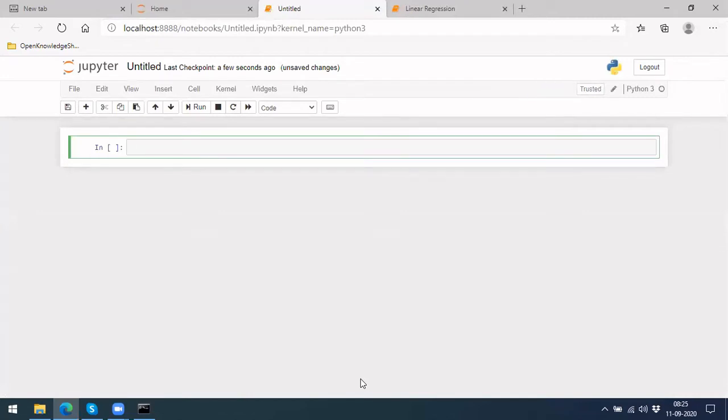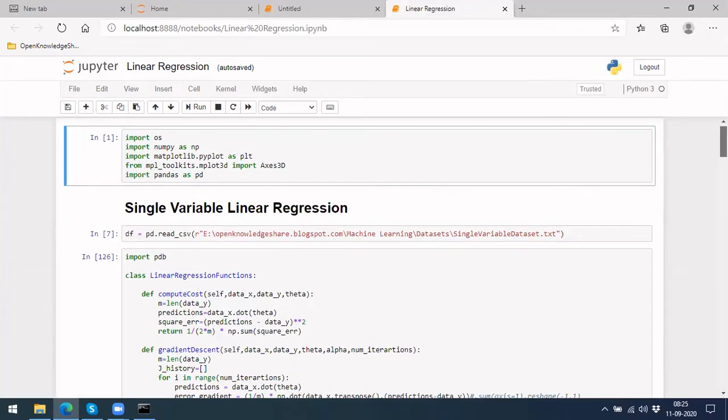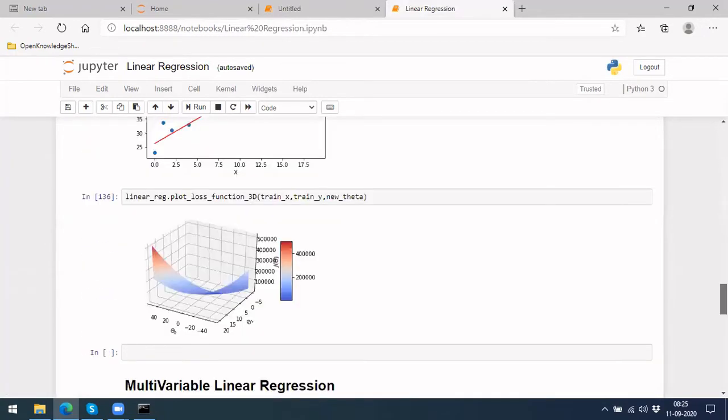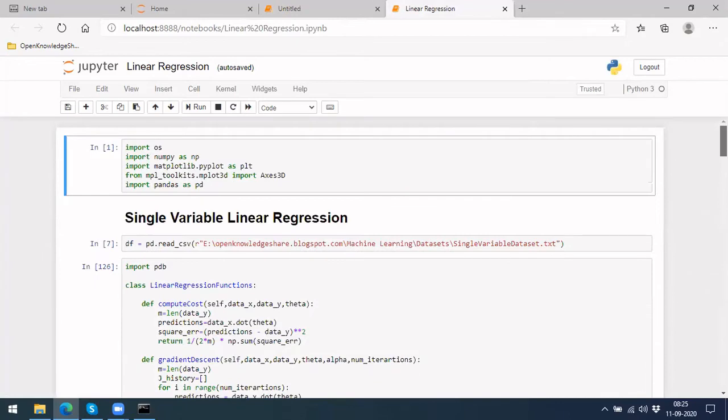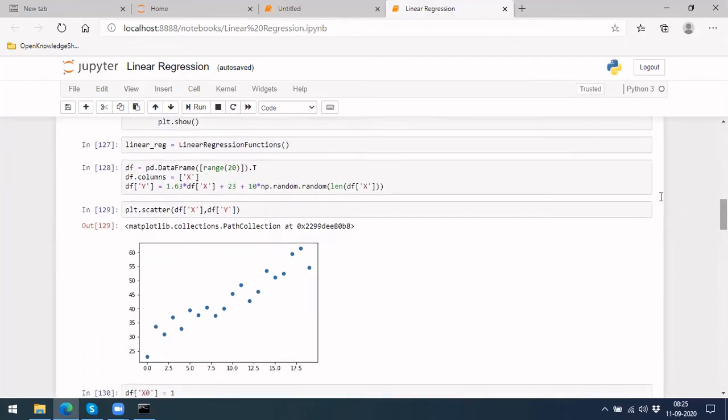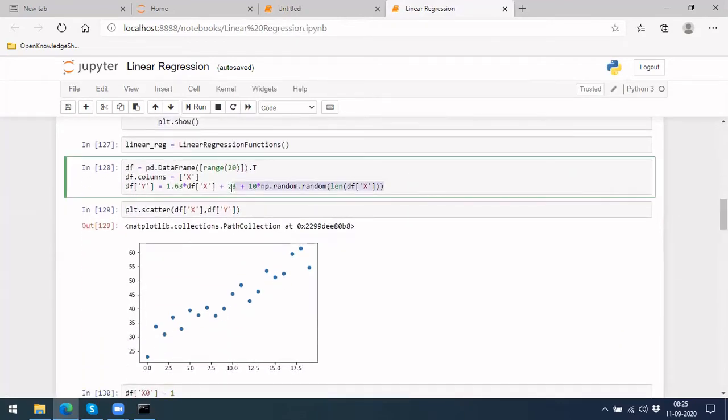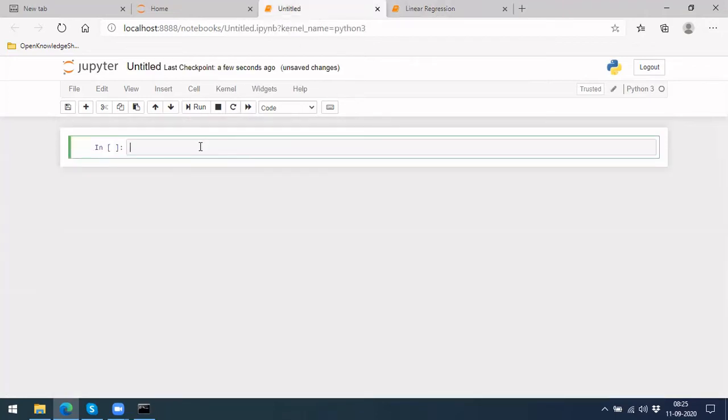So next part, initial part would be, we need some data for doing this. There are also some data sets which we can use, but I also created a dummy data set myself. Let's use that. We'll also be working on some open source data sets available, but initially let's do it.